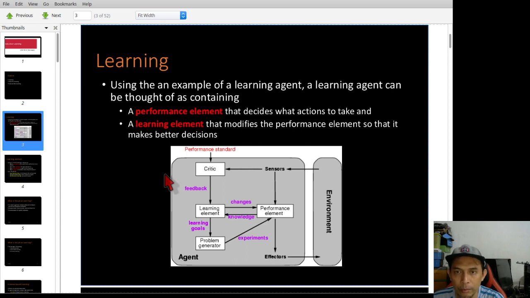From this diagram, this is how the agent interacts with its environment. The agent relies on two devices, sensor and effector. Sensor is used by the agent to read, sense, or get data from the environment, and the effector is how the agent provides action to the environment.